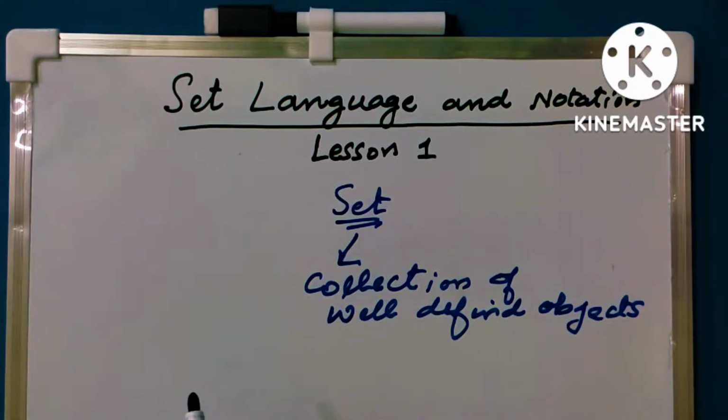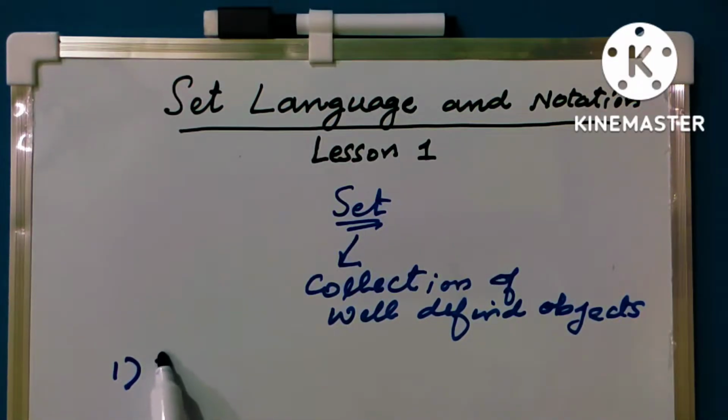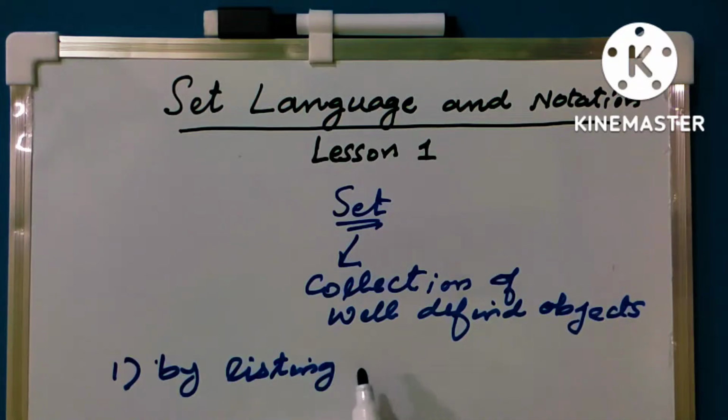Usually a set is denoted by or specified in two ways. Number one, by listing the elements,